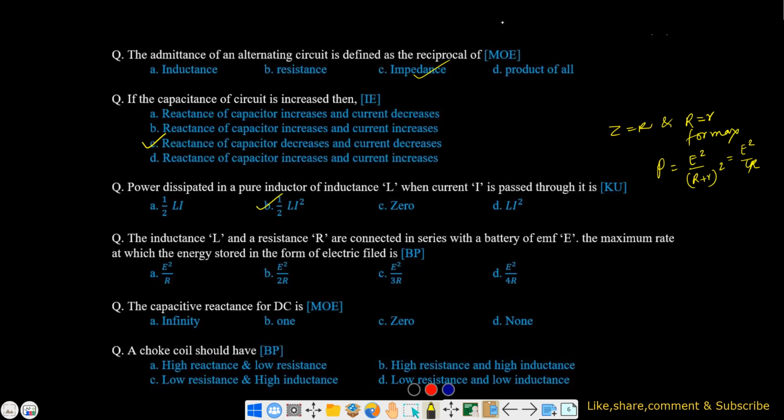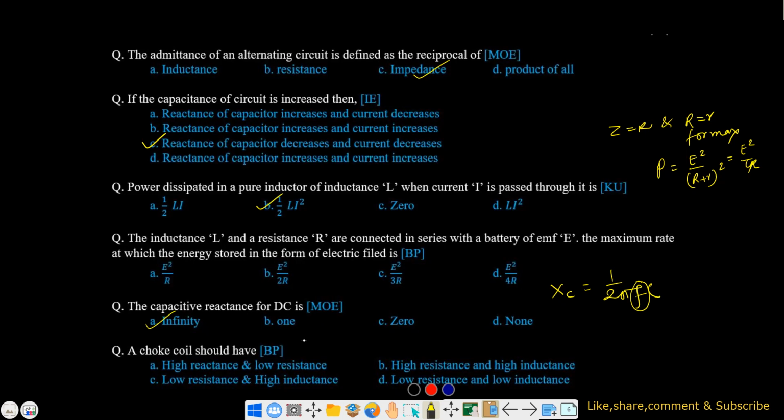Now let us move on to another. The inductance L and resistance R are connected to the battery of E. Okay, we already have done this. The capacitive reactance for DC. Capacitive reactance Xc will be equal to 1 by 2 pi f C. So C is 0, so it is going to be infinite. The very straightforward answer. A choke coil should have